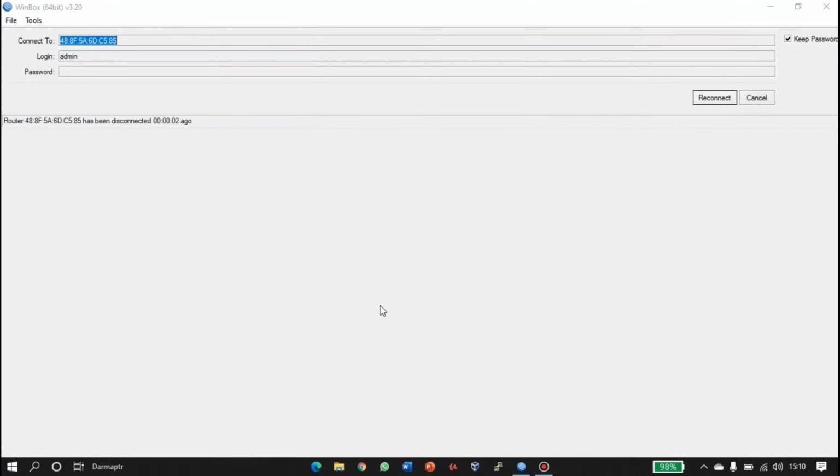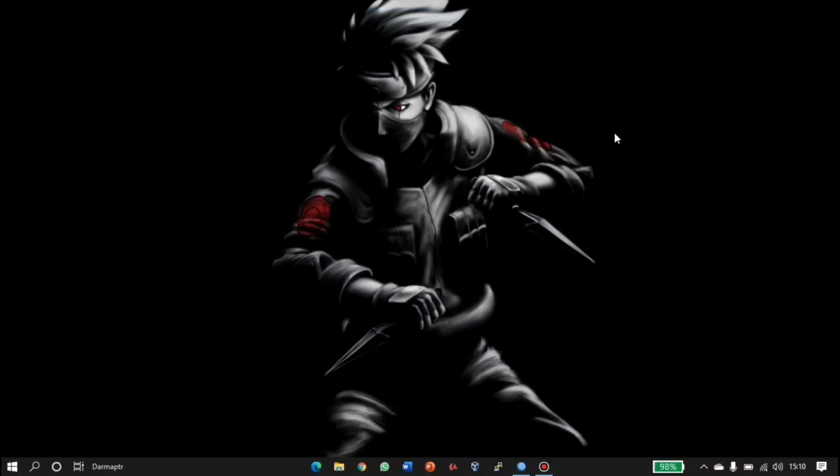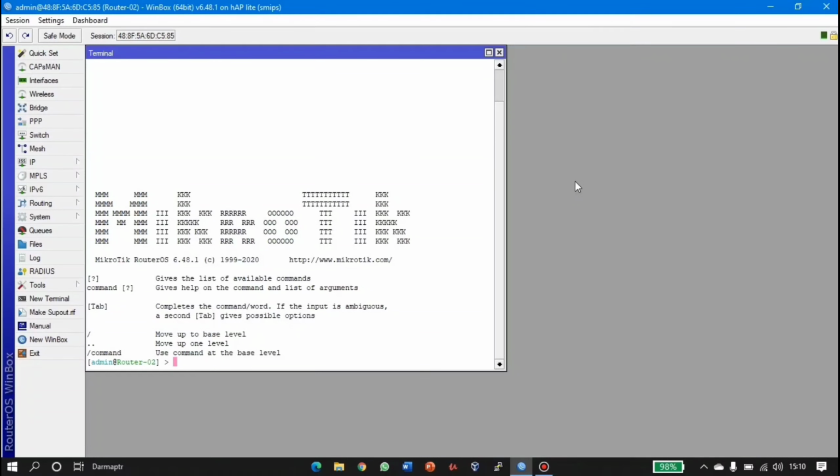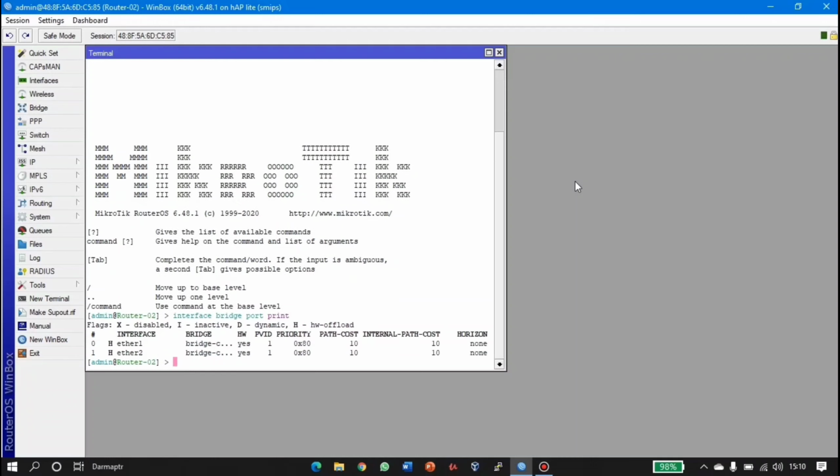And because here I'm remote using interface ether2, Winbox gets disconnected and we must reconnect. And do checking with the command interface bridge port print, enter. You can see the interface ether1 and interface ether2 have been added to the interface bridge with the flags H or HW offload.